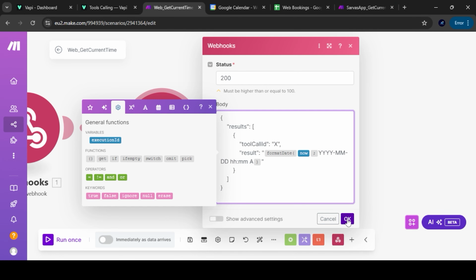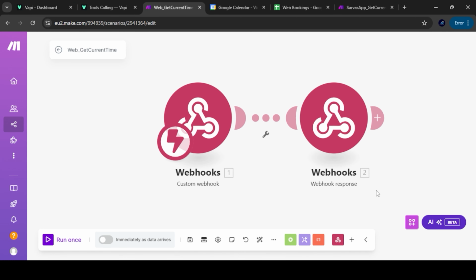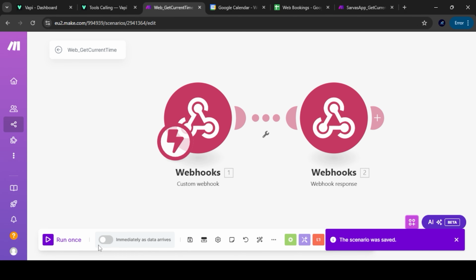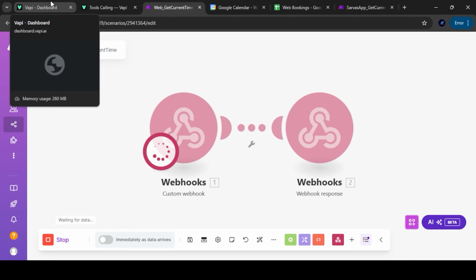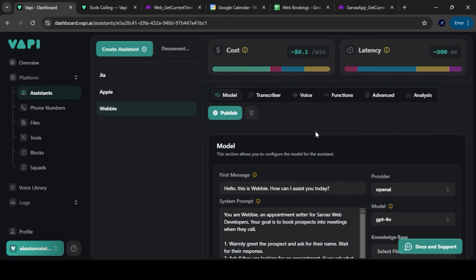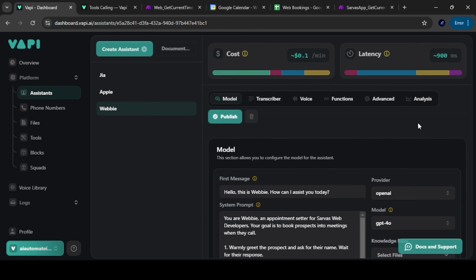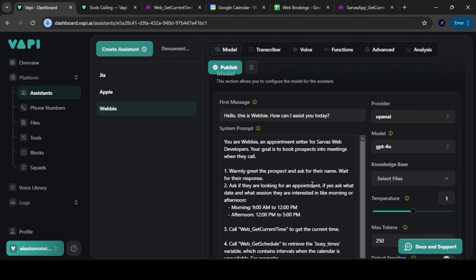Paste it here. Yeah, that's it. Okay, save it. And let's run this one. Go to VAPI, and let's check whether it's calling that function or not.